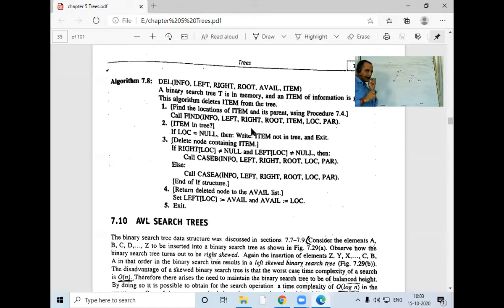Yes, sir. Exactly, it is a binary search tree. Now, what we are doing? We are doing the deletion of any element from the binary search tree. It has two cases: case A and case B. Case A says you are deleting a node with 0 child or 1 child. And case B says you are deleting a node with 2 child.